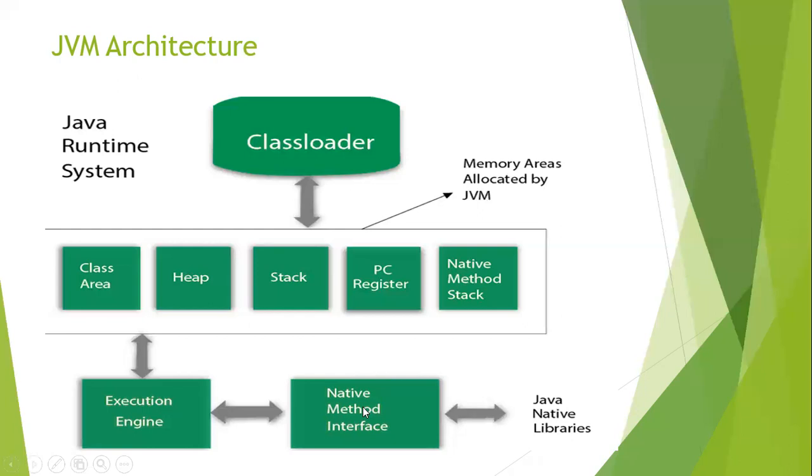And next one is native method interface. Native method interface, or JNI, is a framework which provides an interface to communicate with other applications written in other languages like C, C++, assembly or extra. Java uses the JNI framework to send output to the console or interact with OS libraries. This is all about JVM architecture. In the next slide, we will discuss